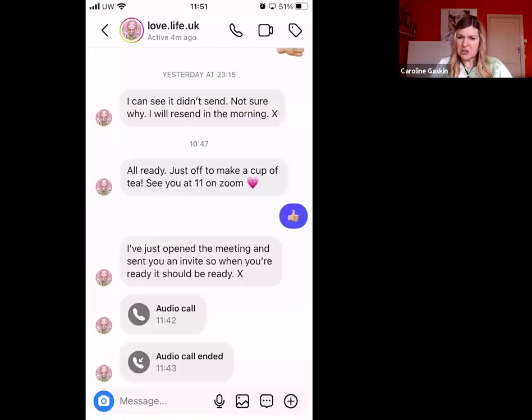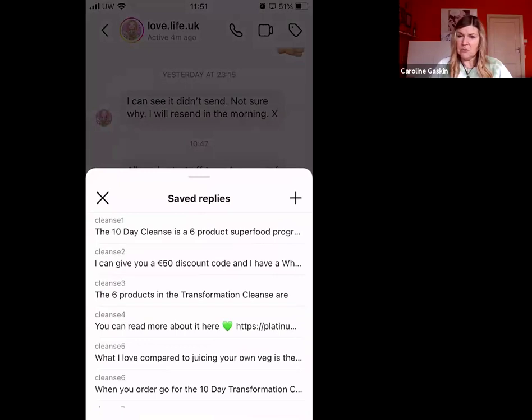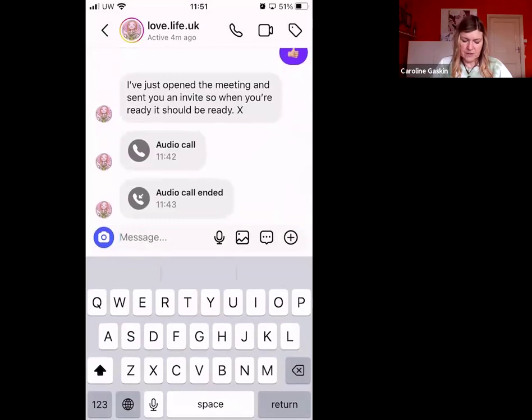A little picture of a landscape, I can send her a picture, or I can send her a saved reply. So this is exactly the same as your text replacement. You'll see on the left-hand side there, cleanse one. I've got all that information. So if I was to write her the word cleanse one in the message, it would put all that information